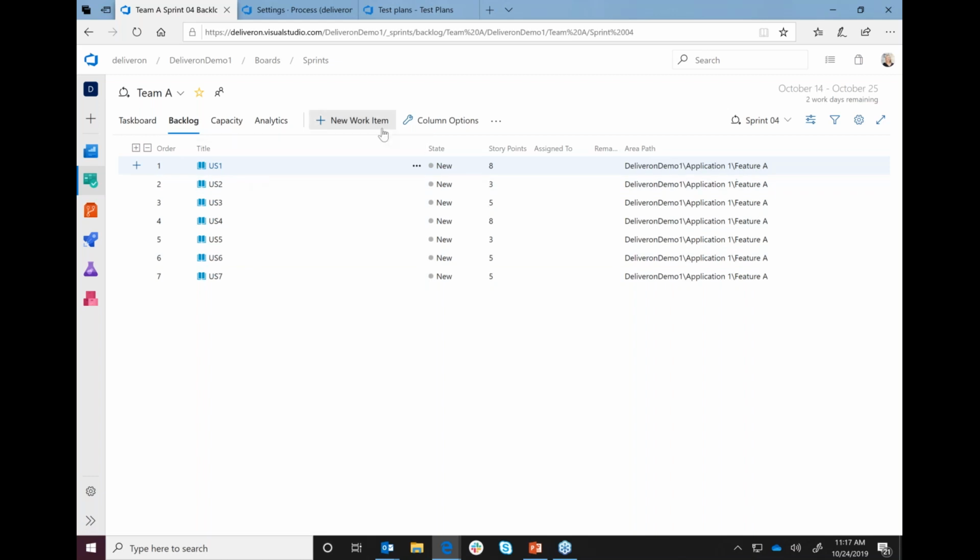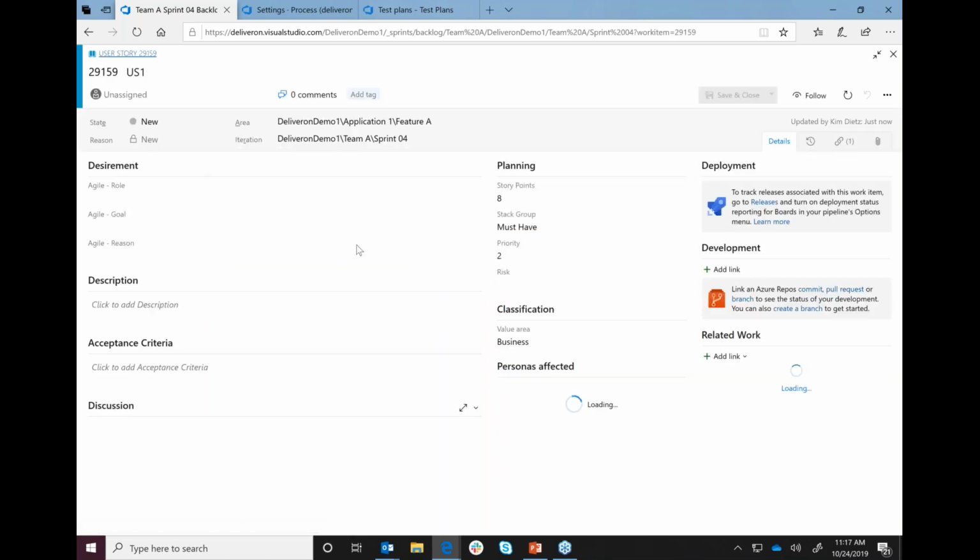All right, so from here, say we've already gone through planning and we are defining our user stories. These typically would not be blank. One other thing that you'll notice is that we are using the Agile work item template in Azure DevOps. One other thing that is awesome about the tool is that you can customize the work item templates by adding additional fields. You can also add additional work item levels. So say you want to add a strategic